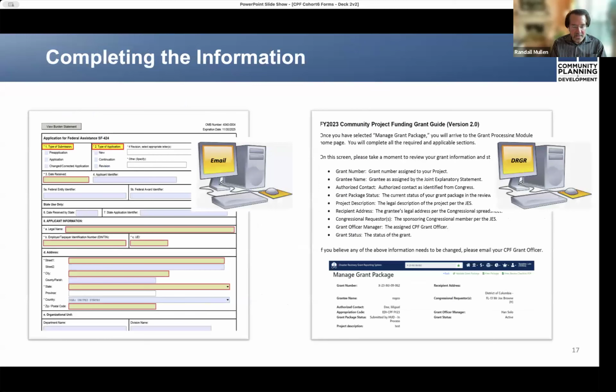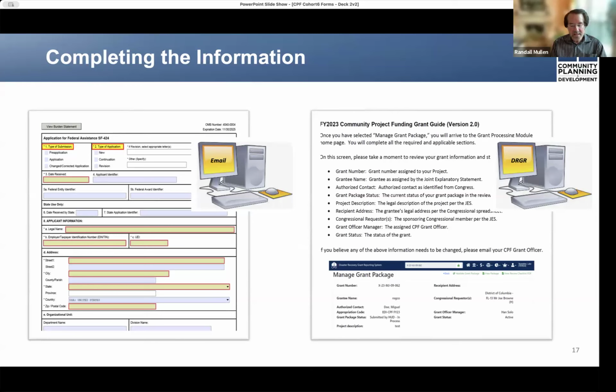Now let's take a look at what all grantees must do to complete the necessary information for the SF-424 form. Again, that information is common regardless of the process. On the left side of the slide, you see the standard form as it will appear for those who download the form and submit grant materials by email.